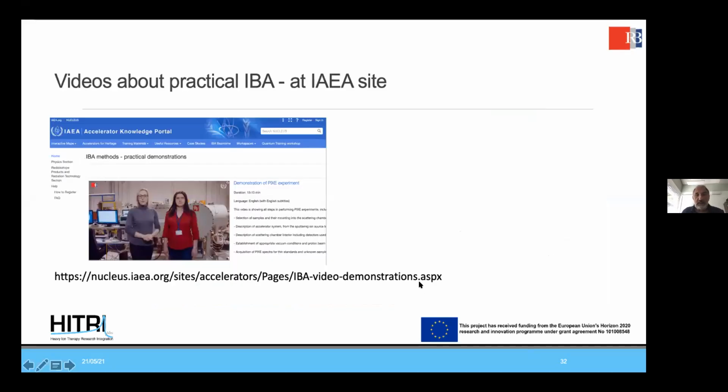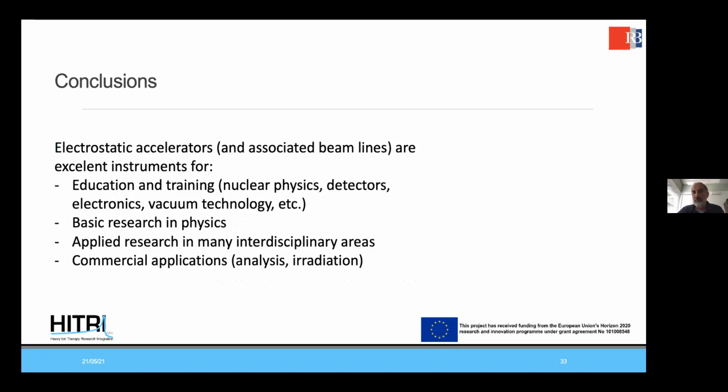Some of the techniques, if you can note this web page: the International Atomic Energy Agency site has 4 different demonstrations of ion beam analysis techniques that were filmed in our laboratory. You can access them at this website, under the Accelerated Knowledge Portal. These are all about 15 to 20 minutes demonstrations if you are interested in PIXE experiment, RBS, nuclear reaction analysis, and microprobe. And now just to conclude,